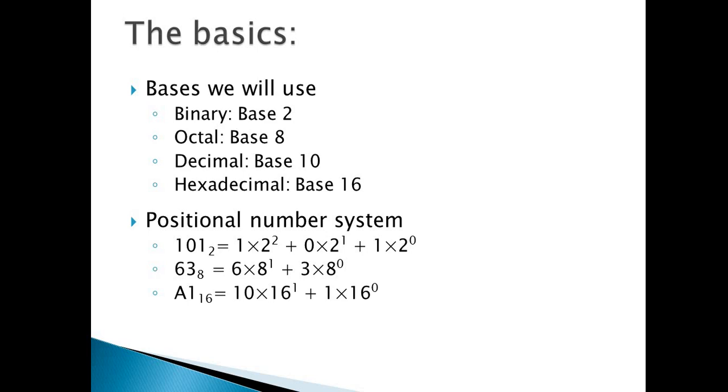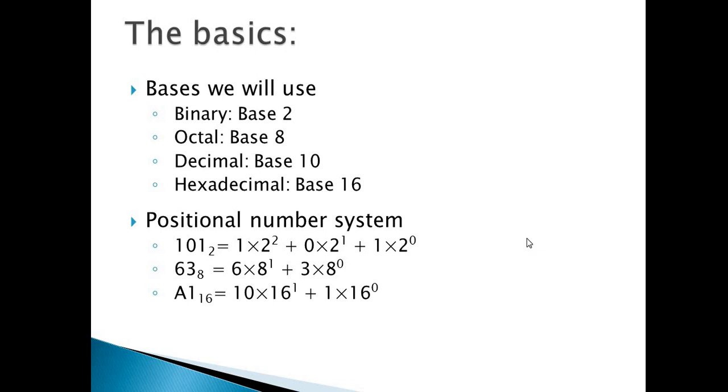Hexadecimal number system, its base will be 16. So a total of 16 numbers are there, that is 0 to 15. But here 0 to 9 will be represented the same as in the decimal number system, while 10 will be represented as A, 11 as B, and so on up to F. That is, 15 will be represented as F, because 0 to 15 numbers are there. So 15 is nothing but 1, 1, 1, 1 in binary number system and it will be represented as F.